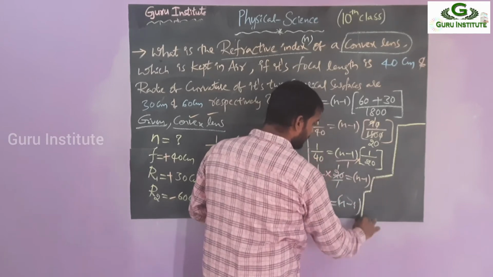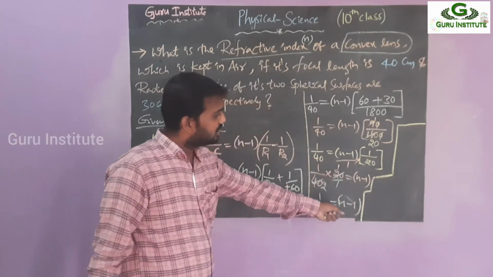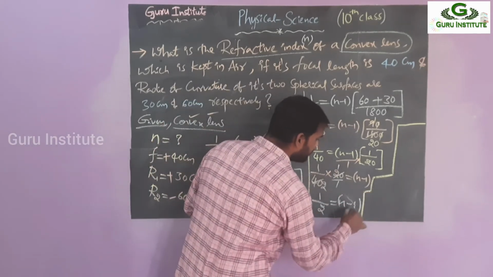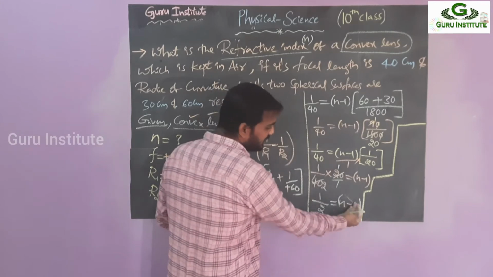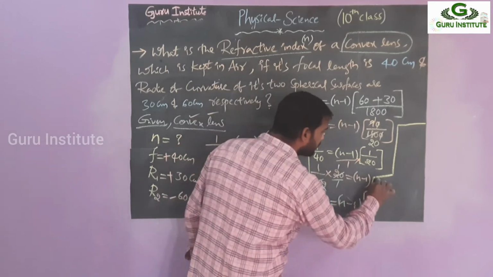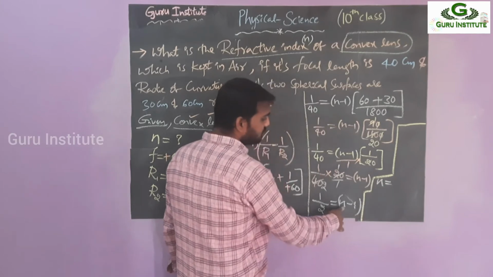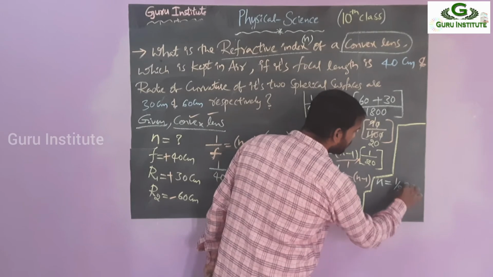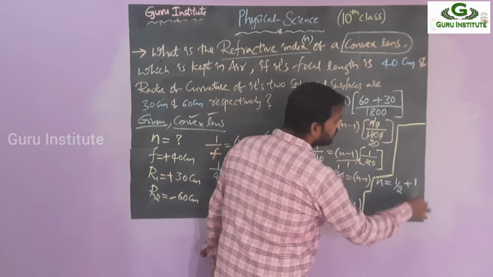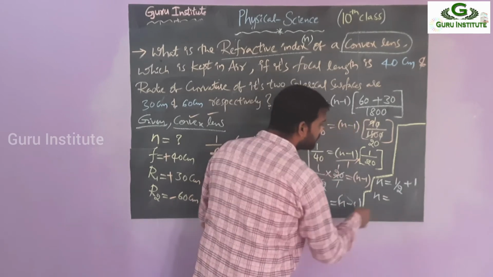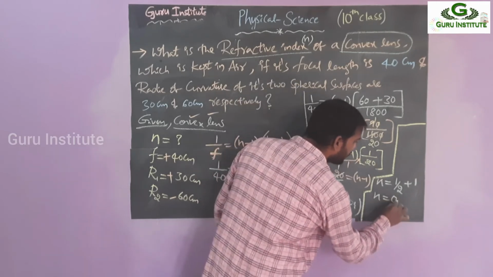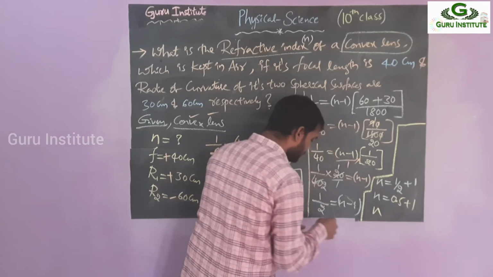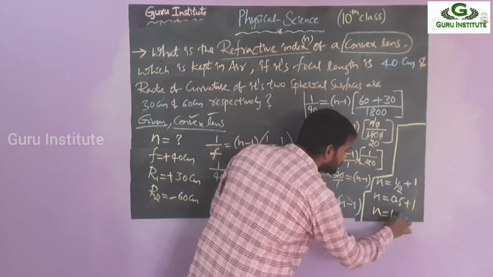For our convenience, okay, right? So I want to get n only. So simply, n minus 1 is equal to 1 by 2. Then what will happen? This minus 1 is coming to this side. What happened? Plus 1. N is equal to, minus 1 coming to the left side becomes plus 1. So n is equal to 1 by 2 plus 1. 1 by 2 means what? 0.5, right? Plus 1. 1 plus 0.5 is how much? 1.5. So this is your final answer.